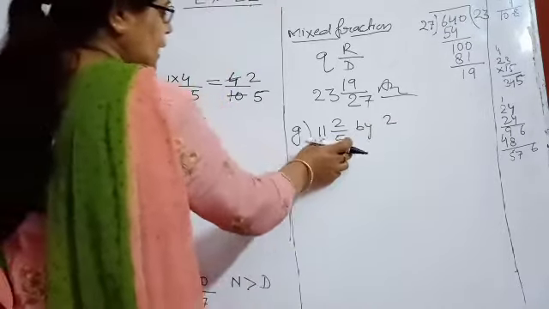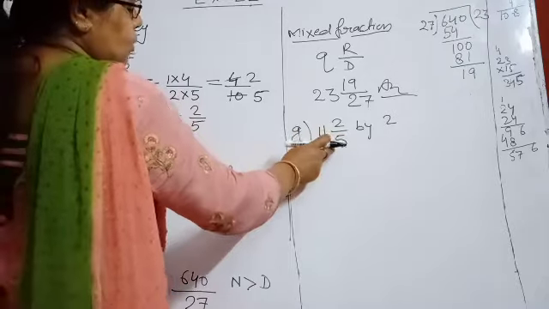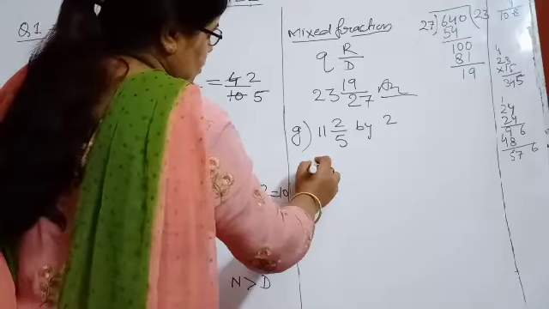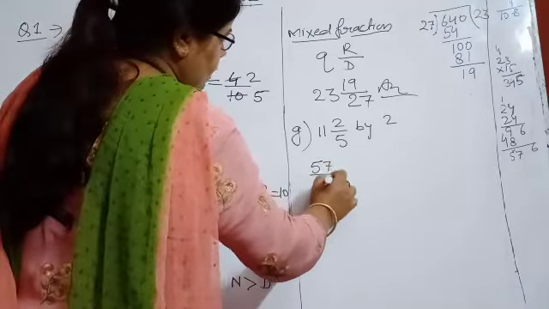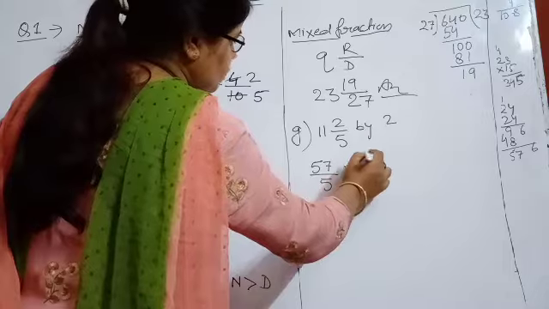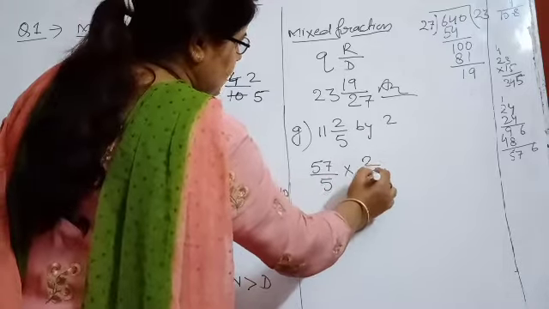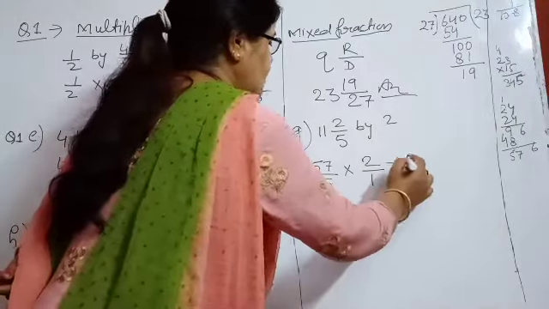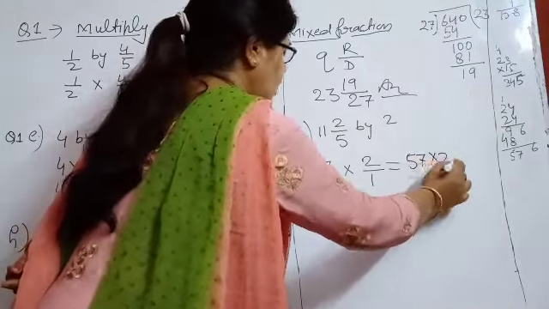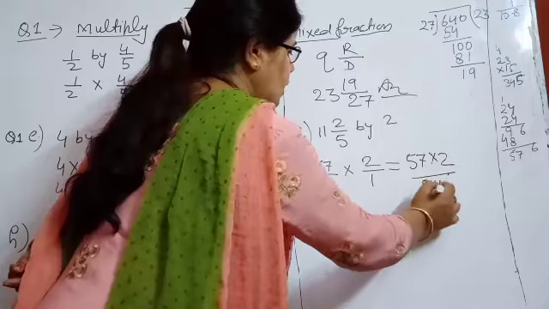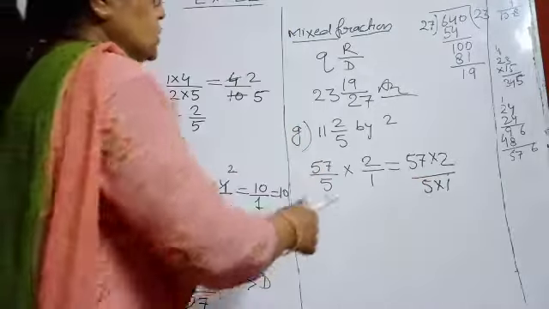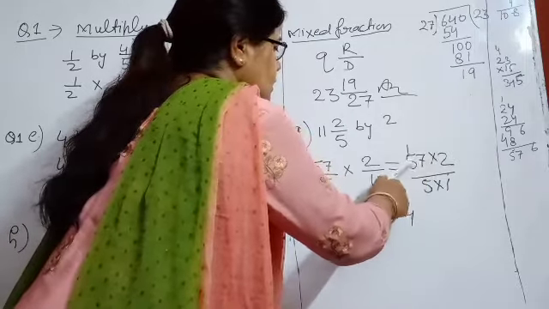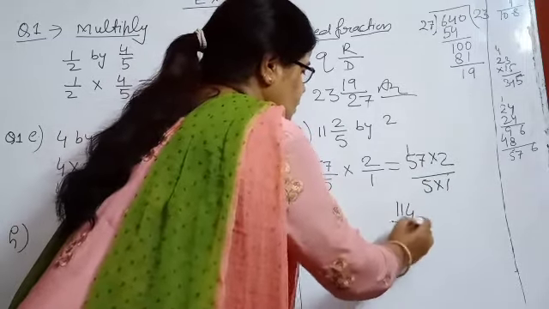Okay, so again this is a mixed fraction, change it into an improper fraction. 11 into 5 is 55, plus 2, 57 upon 5 multiplied by 2. There is nothing in the denominator, so you can write 1 in this case. Okay, so now write 57 into 2 upon 5 into 1. So 7 twos are 14, 4 and 1 carry, 5 twos are 10 and 1 is 11, 114 upon